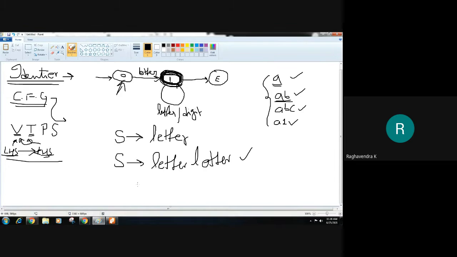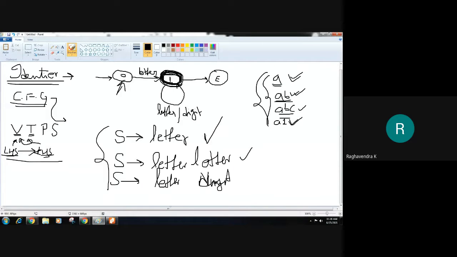So this case is resolved. Or else I can have, I'll just leave this case, consider the last one: a letter followed by a number, so a letter followed by a digit. I have written a grammar here that covers these three cases: 1, 2, and 3. But variables can be anything other than these also.